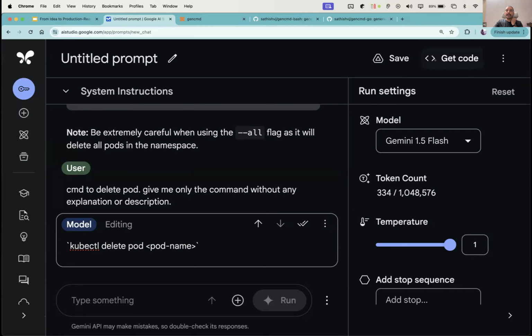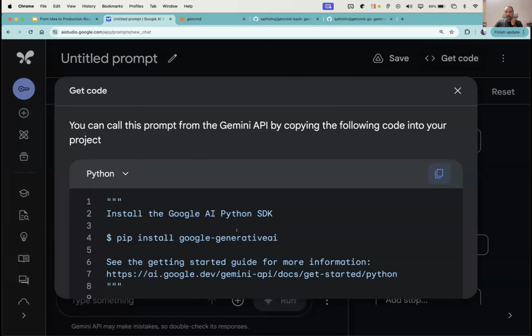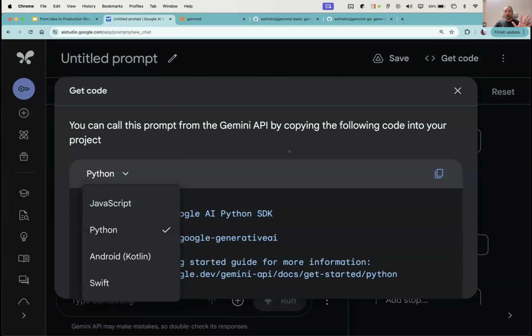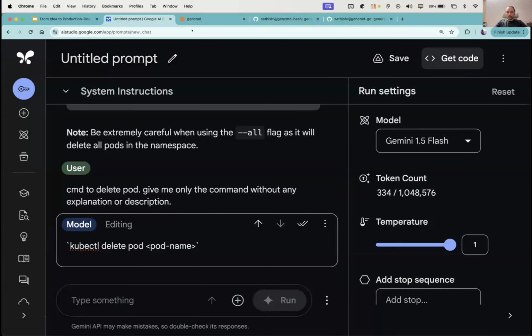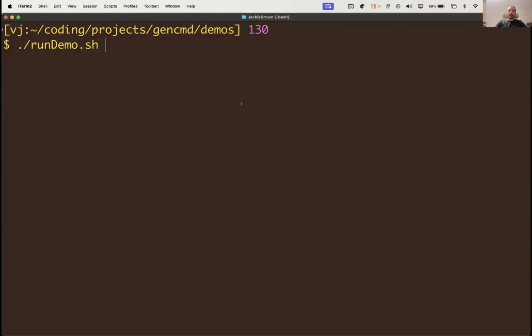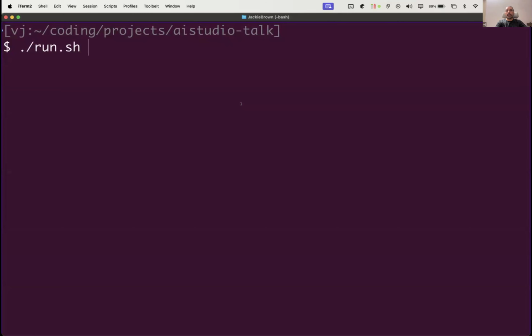In this tool itself, there is a Get Code option. There is code that you can copy paste for Python and JavaScript and all of that. There used to be also the code for a bash script, and if you still want it, it is on the website. It's just not here. So I took that code and copy pasted it into my command line. I'm going to show you that I already have this code